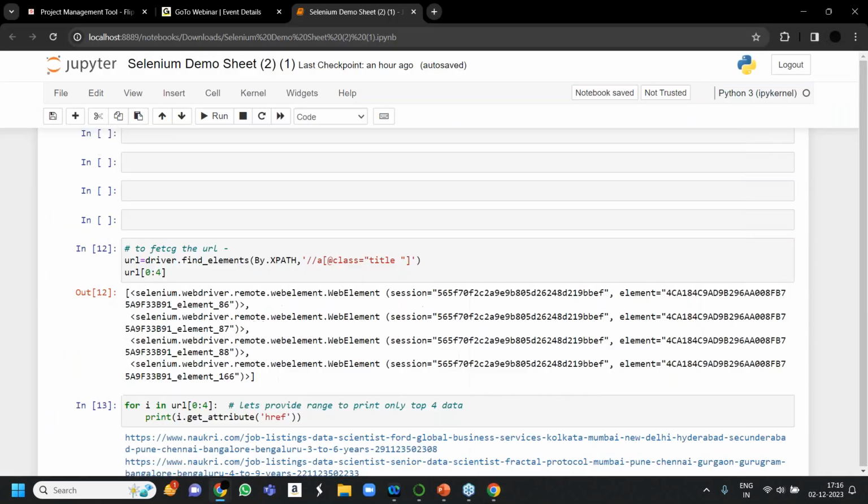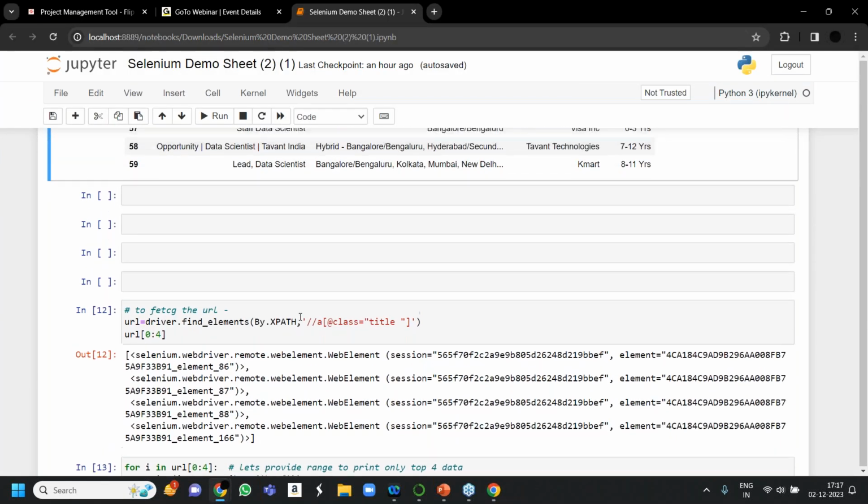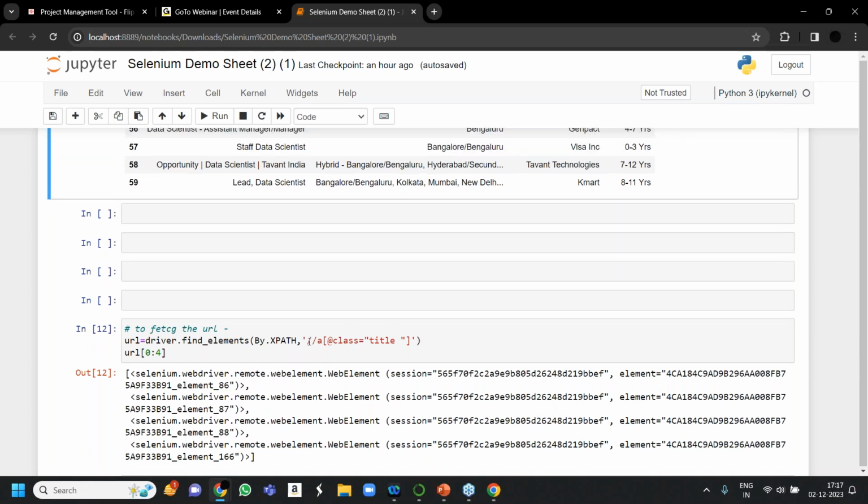Only some part of the question is changed. For the table, it's the same thing that I have told. In the table, the class name will be the same for the entire row. So in that case, the class name can be the same, but the text will be different, definitely. So keep on adding the tag name at the end of the relative XPath by adding single slash tag name, single slash tag name. Okay.